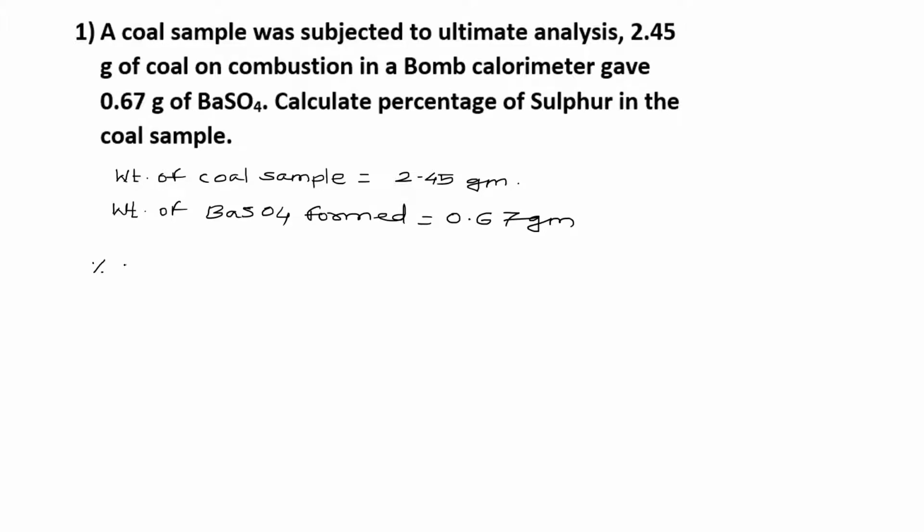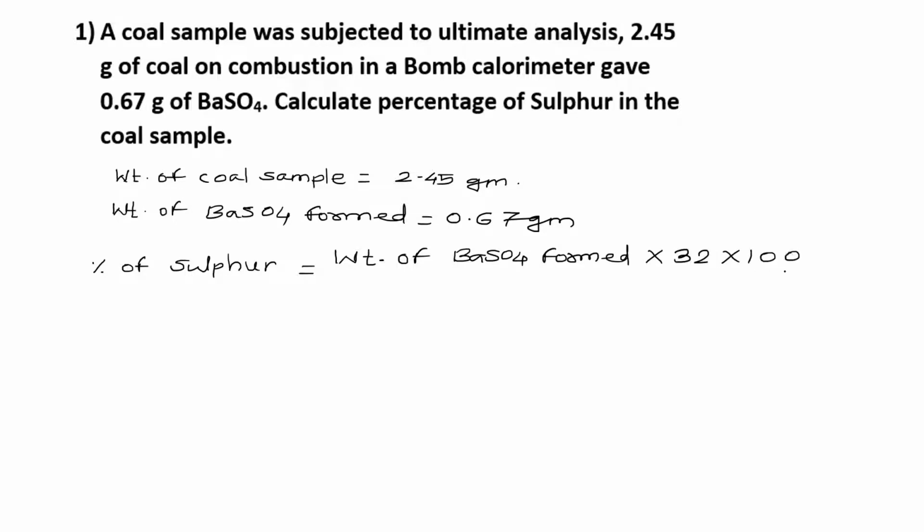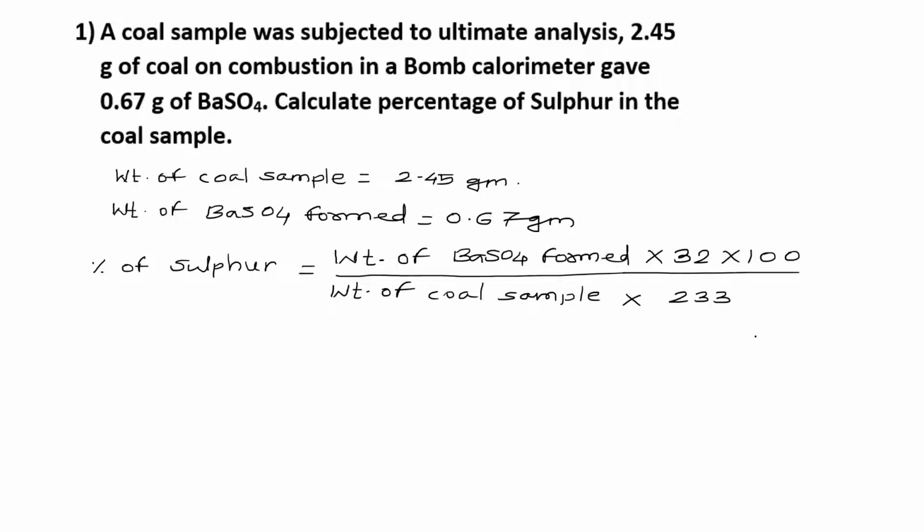So percentage of sulfur is weight of barium sulfate formed into 32 into 100 upon weight of coal sample into 233, which is the molecular weight of barium sulfate. So the weight of barium sulfate precipitate formed is 0.67 into 32 into 100 upon weight of coal sample taken, which is